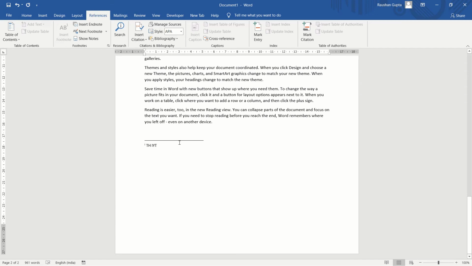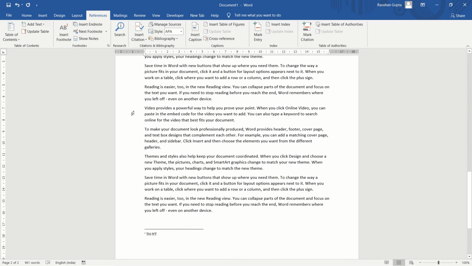So this was the use of footnote. Once again, let us understand it. The first use, insert footnote, is always used to write a meaning or anything related to a word at the bottom of the same page. You can use insert endnote to write any meaning or anything related to that word at the end of the document. For example, if you have 200 pages, then wherever you write, it does not matter, it will directly go to the last page, page 200. So this was the use of insert endnote.